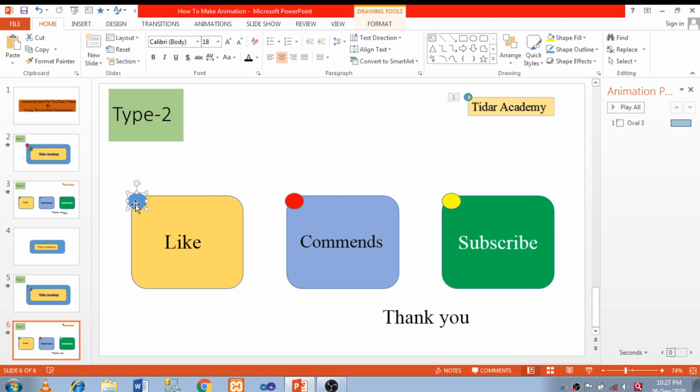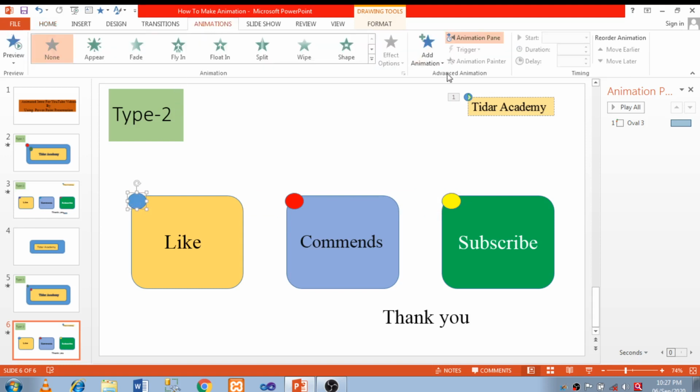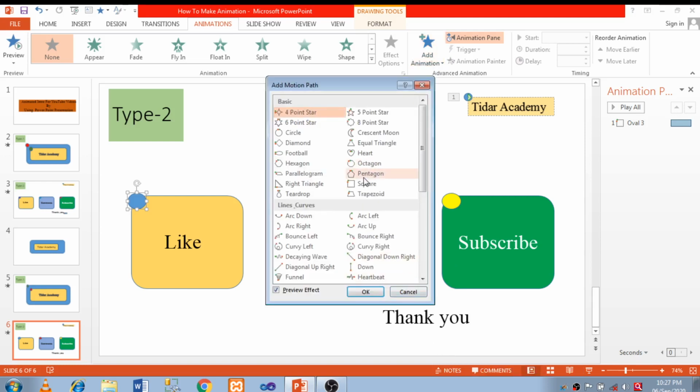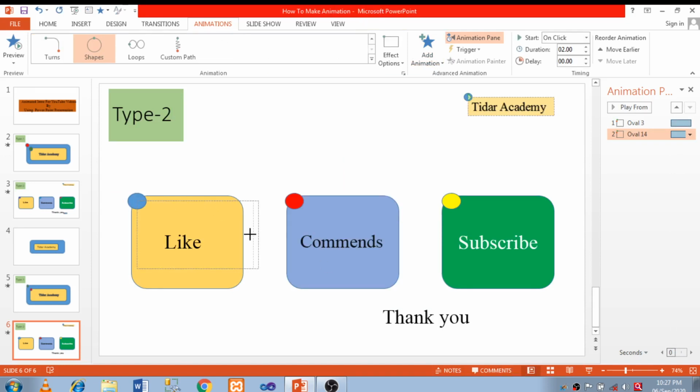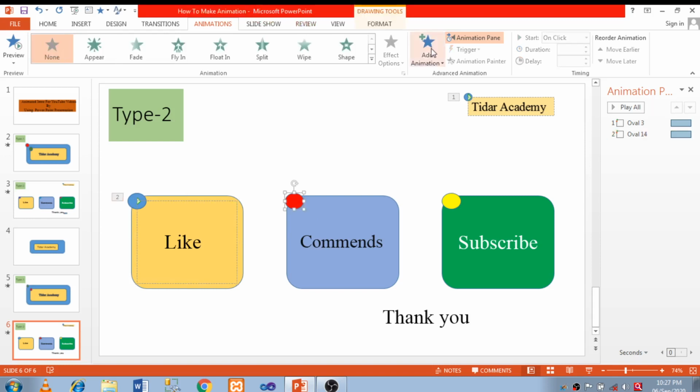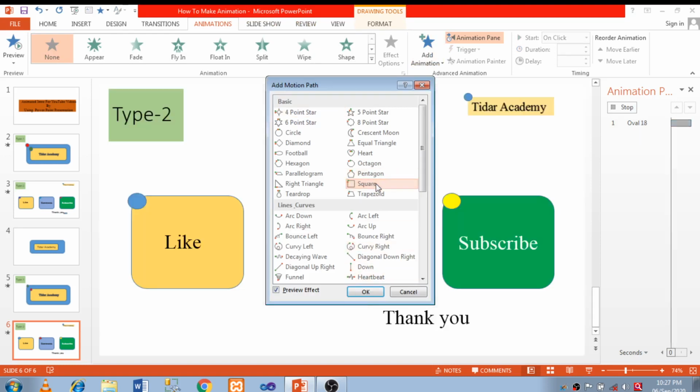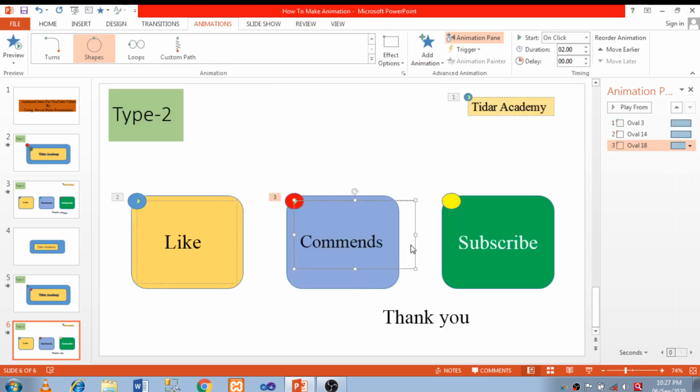Now select one by one, go to Animations, Add Animation, More Motion Paths, then I have selected square, then OK. Then I want to customize this dimension. So in this way I have adjusted it. Similarly select the red ball, go to Animation, Add Animation, More Motion Paths, select square, OK, customize it as per whatever dimension we need for the comment box.